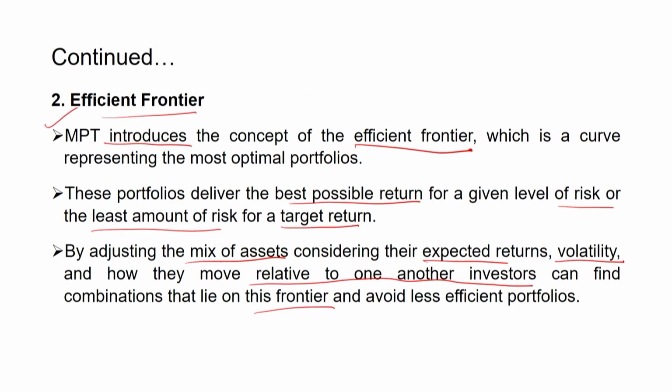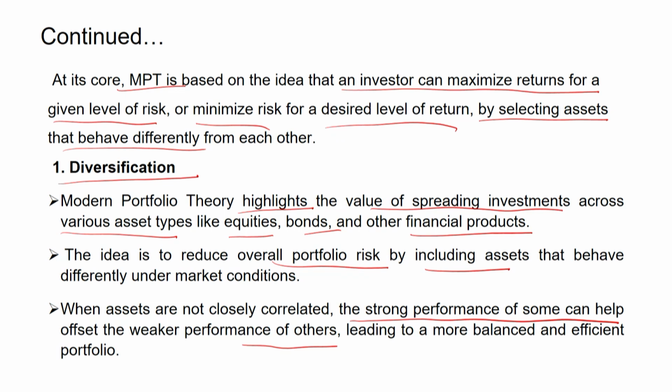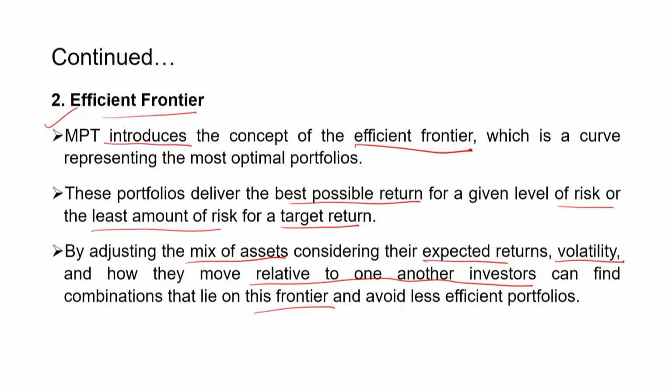So, modern portfolio theory discusses two aspects. One is diversification and the second is the efficient frontier, with the help of which we can diversify our risk and select the best and optimal portfolios available on the efficient frontier, bearing a set amount of risk for a particular amount of return that we expect from our investment